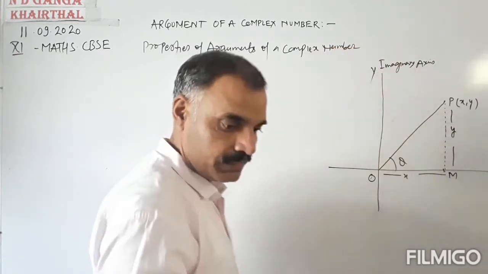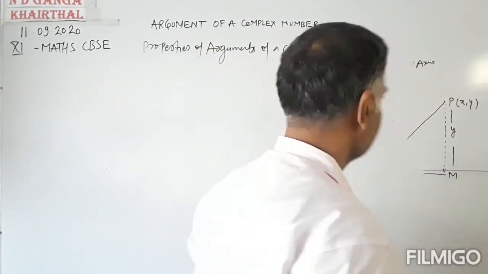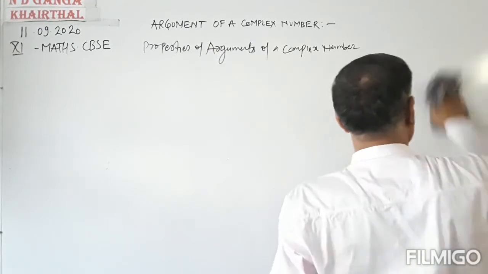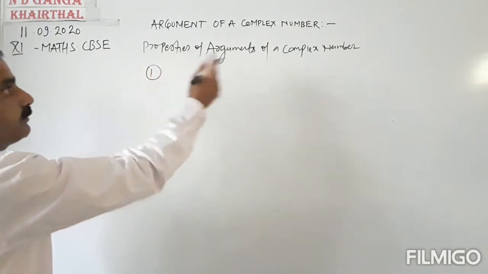No need of this diagram, so let us wipe this out. First of all, the first property of the argument of